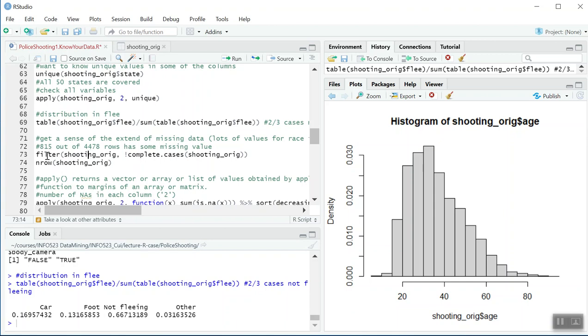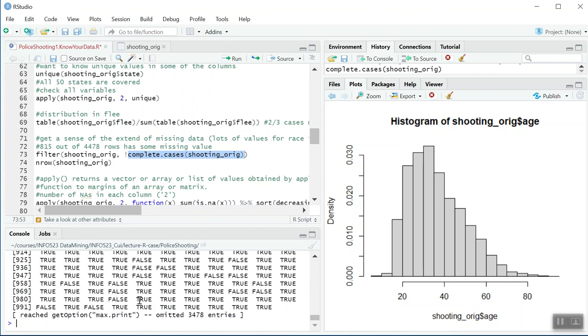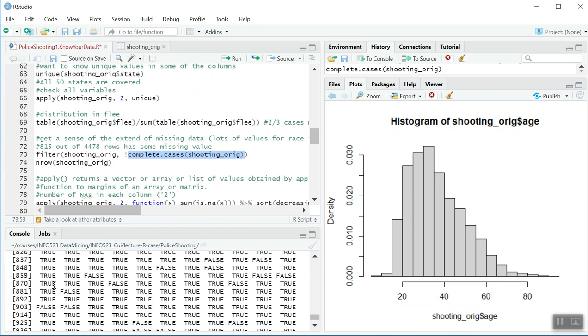I'm going to use the filter command. So what does filter do? First we need to use this command to find out for every observation whether that data is complete or not. When we run this, we'll see true and false values being generated for every observation, for every incident,